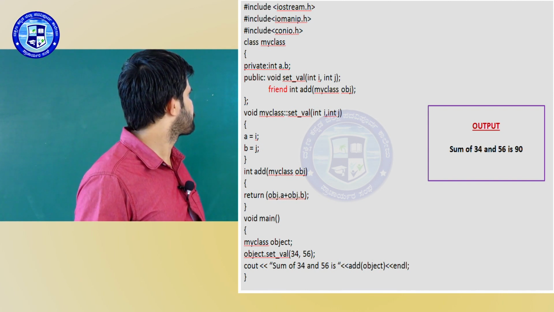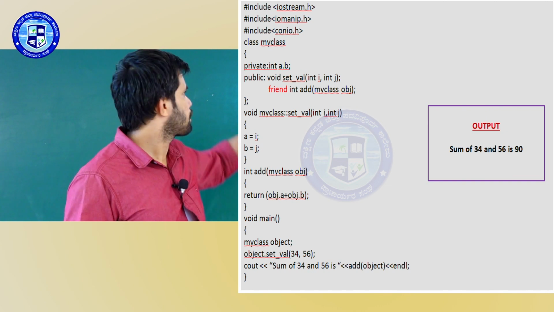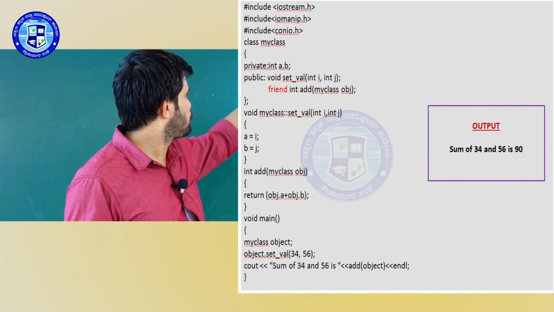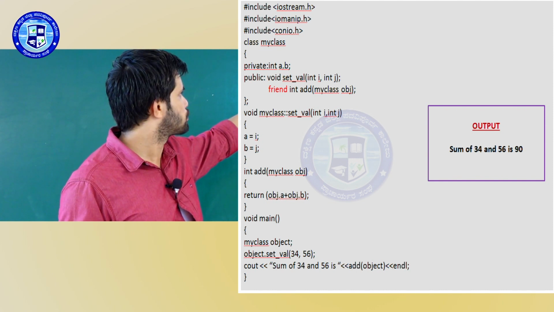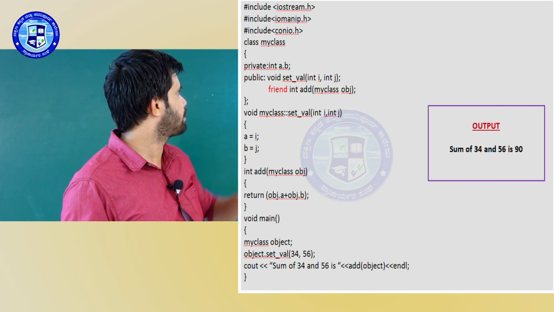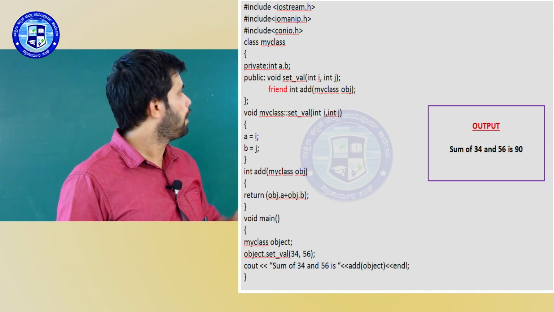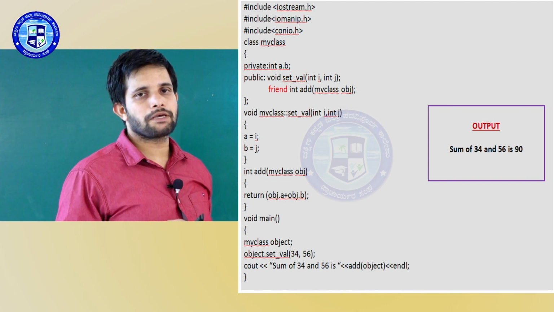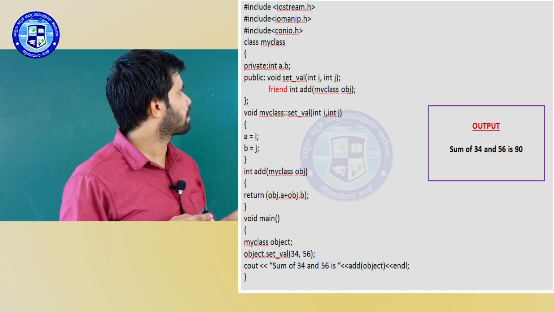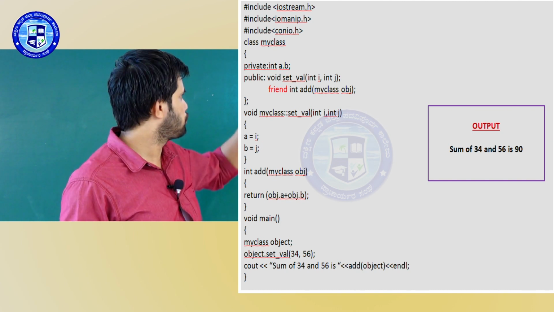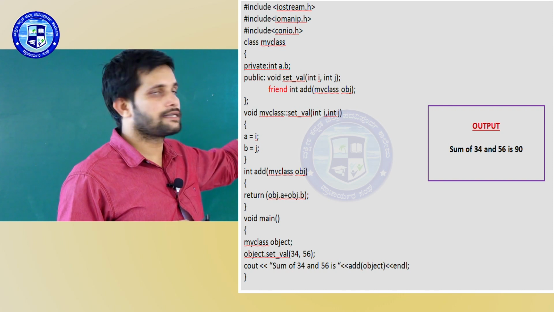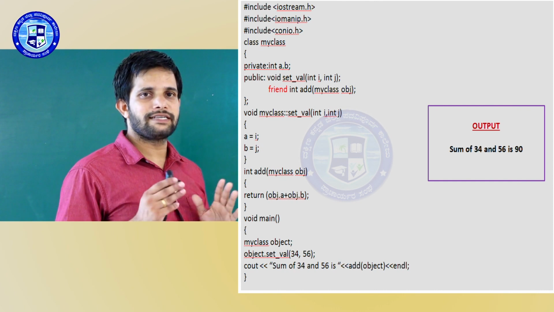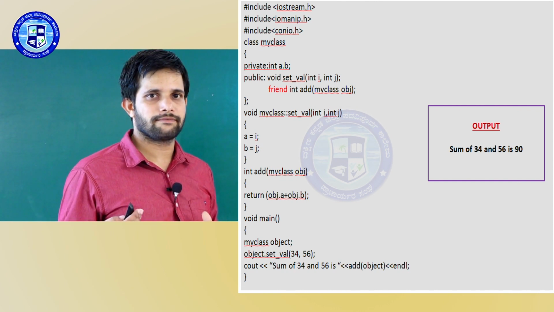Now let us see how to use it. In the public section I am declaring one member function. It will be declared like this: the return type specifier is void, followed by set_val, because I am going to get the values for a and b. When this function is called, I am receiving two arguments, so I am supposed to declare two formal arguments here, i and j. Both are integers, that is why the declaration is int i and int j. Semicolon. This is just a declaration. I am going to define it outside the class.